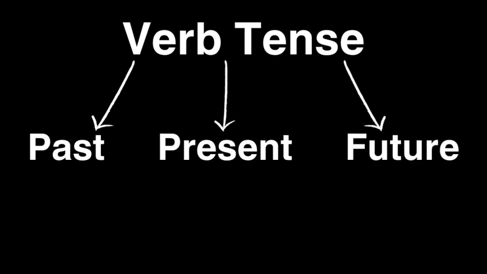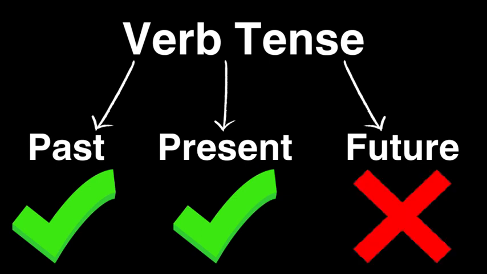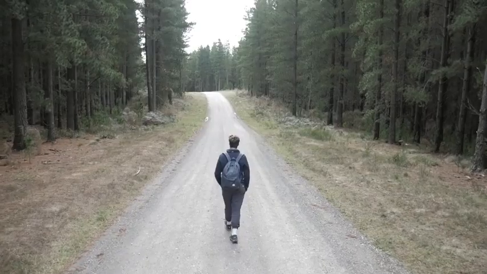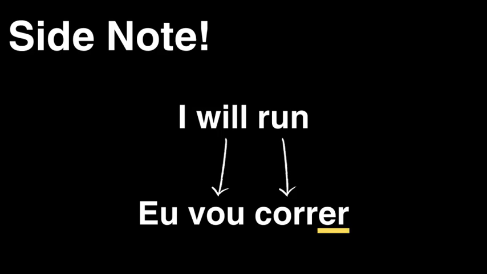Fortunately, you only need to remember the past and the present tense because there is a way to bypass the future tense, and it's actually very similar to English. In English, we don't have a future tense. We say, I will walk, I will run, I will juggle. You can use this exact same structure in Portuguese, but replace the word will with the verb to go. It's as simple as that. Conjugated, of course. Also, I forgot to mention for future tense, whenever you switch the verb from will to go, the verb following that is just kept in its original form with the AR, ER, or IR ending.